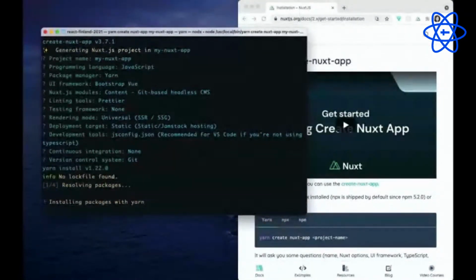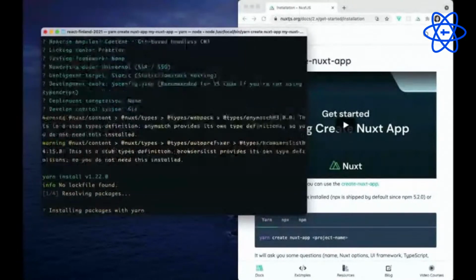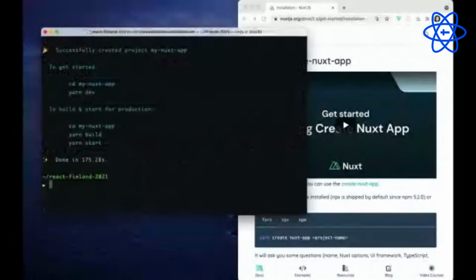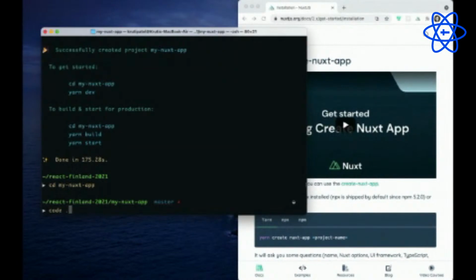Now, because we have selected Bootstrap Vue and the Nuxt content module, they will be pre-configured for our Nuxt app. Perfect. Let's cd into our Nuxt app and open it in VS Code.